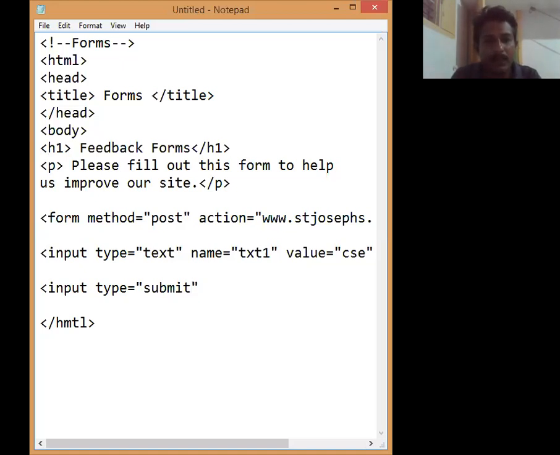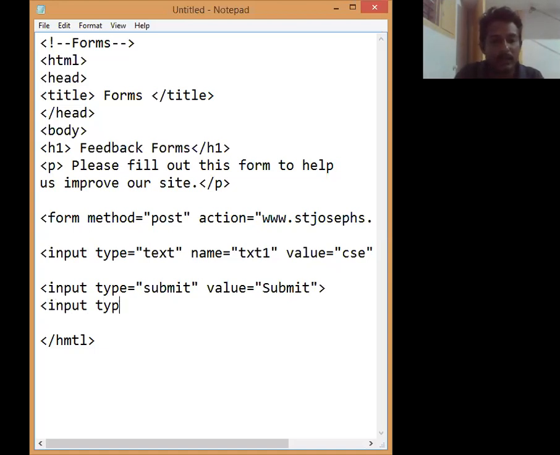After that, you can give the value for submit: value equal to submit. You can also close it here. And suppose you want to clear the text boxes, then you can use the clear button.